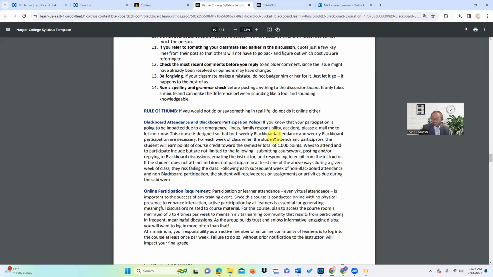Okay, what about the attendance and participation policy? So when you are in this class, there are discussion forums. The discussion forums are a means for me to track whether you understand the reading, whether you're doing the reading, and it's also a way for you to see how your peers are thinking about what you're reading. So the discussion forum posts are very independent. I'm not seeking